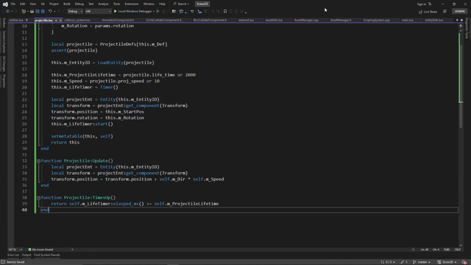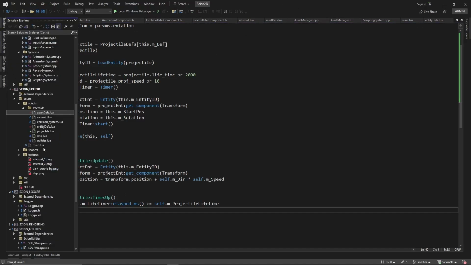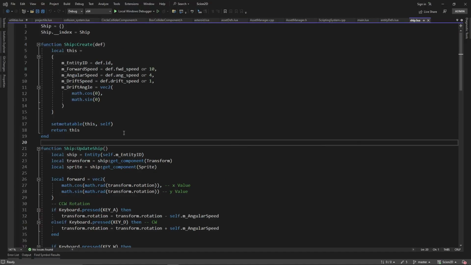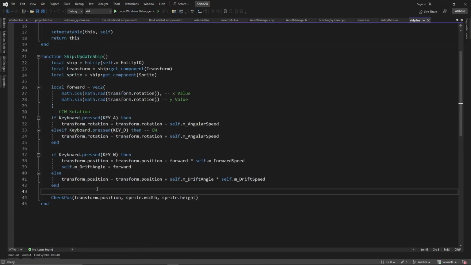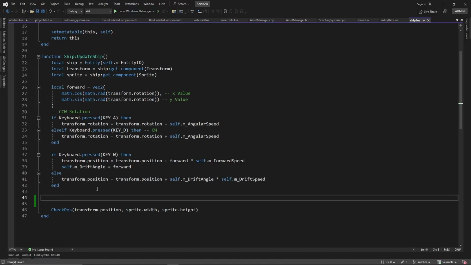So now that we have that done, let's go to our ship and try to fire some projectiles. See if we can get this working. So we'll go to our ship, wherever that is, ship.lua, and we'll just do that in update ship right here. We're just going to add in, if we hit the space bar, we would create a projectile. All right, so if keyboard.justPressed key space, then